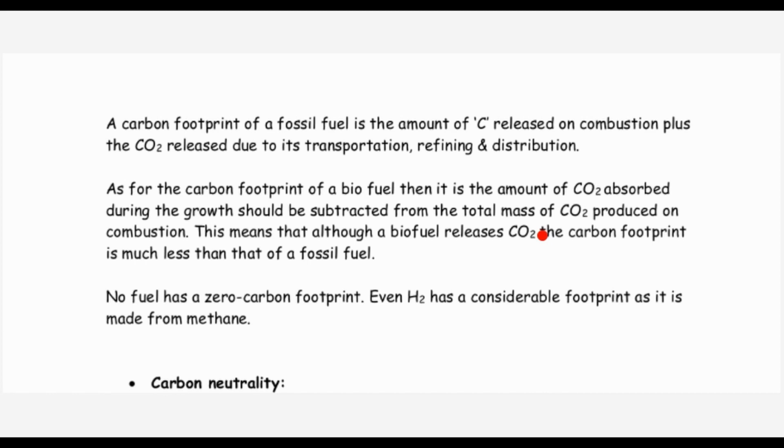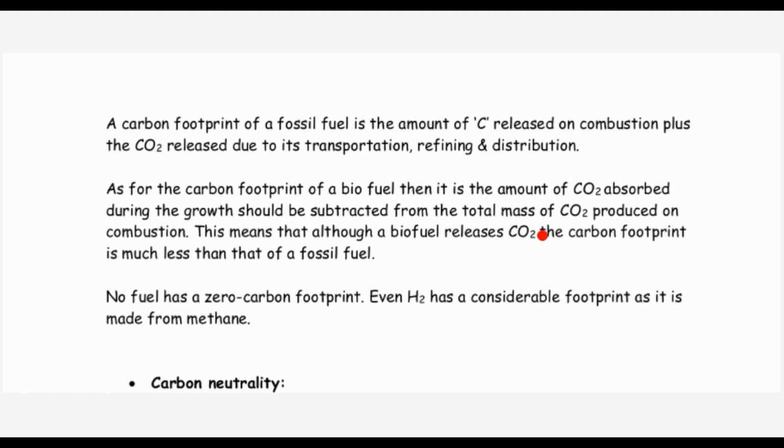For example, if we took firewood from a 100 year old tree, a significant amount of carbon dioxide was absorbed during that period of 100 years. So when you calculate the carbon footprint of such a biofuel, then you have to subtract